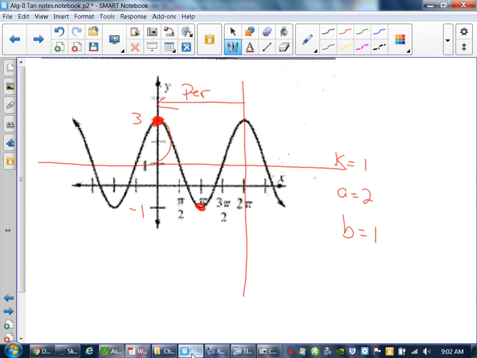Wait, can you go over how you did the a again? Yeah, remember, a cosine graph always starts at its a value. It goes to 0, opposite of a, 0. So it's at 3 and -1, so the only time they're going to match is at 2? Yeah, because this value here is a, and this value here is -a, so these distances are always going to be the same. What I needed to do is figure out how far apart they are to start with, and it's 4. What happens halfway? 2. So this is 2 away, and this is 2 away. That's why I got the a value.